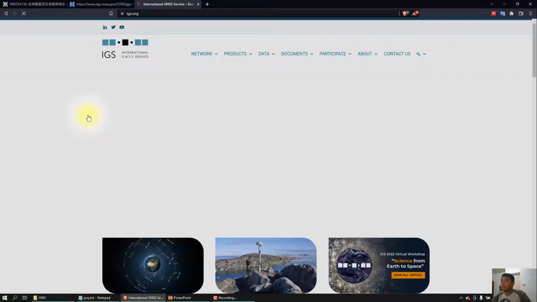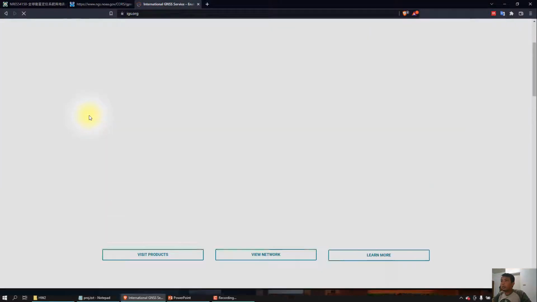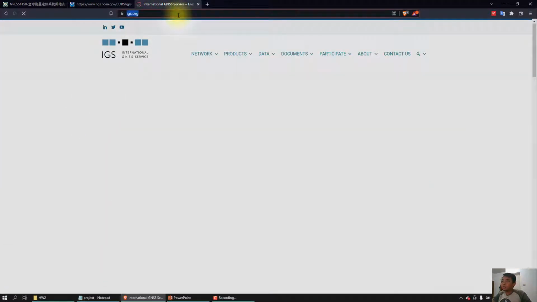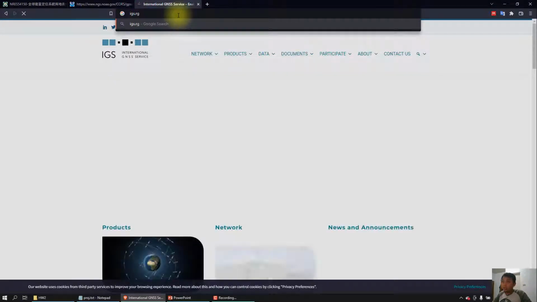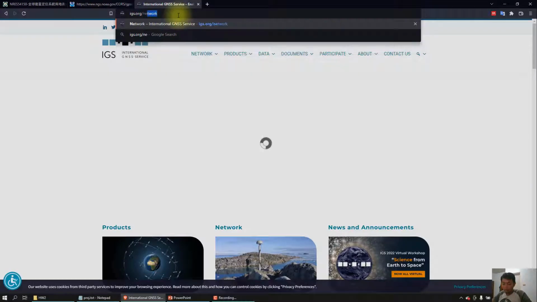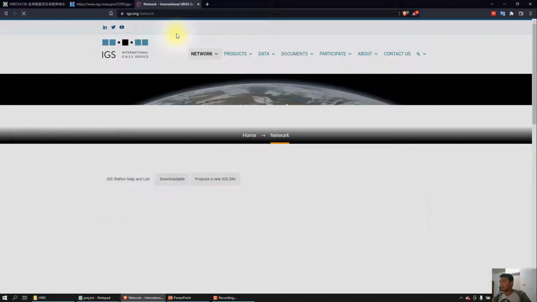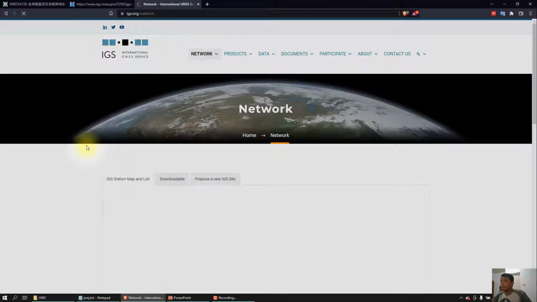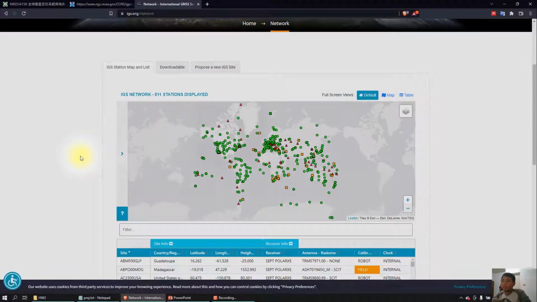So here is the GPS network of the whole world, or you can easily just type igs.org/network. Here is the website of the distribution of GPS stations all over the world.